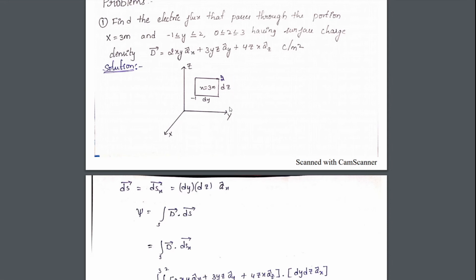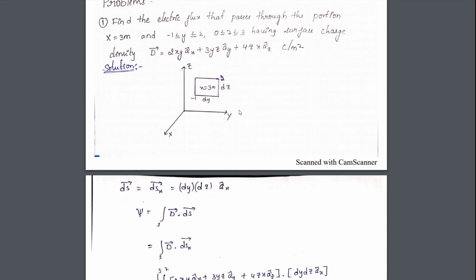So this is the front face of the differential volume. I told you in a coordinate system, three areas will be there: x-axis, y-axis, and z-axis. So according to the statement, it is the front face of the differential volume. It is parallel to what side? It is parallel to y and z. So the sides will be dy and dz. And x is constant, so inside that you write x is equal to 3.